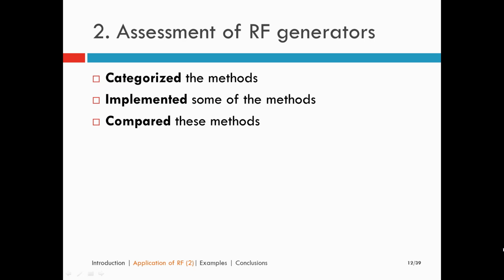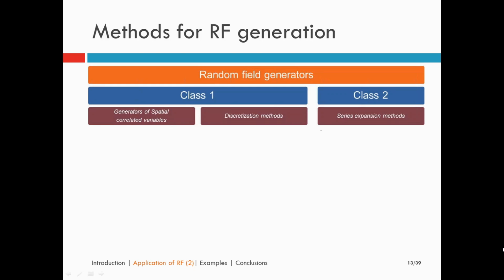Then I looked into some different methods to generate a random field, and I first characterized the methods, then I implemented some of these methods, and then I compared the performance of these methods, and I will show this process in short. First, I characterized the different methods in two classes. We can distinguish two classes. Class 1